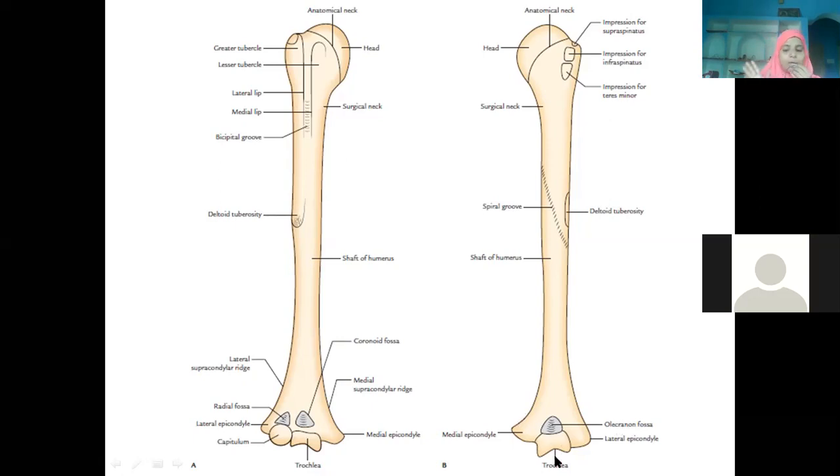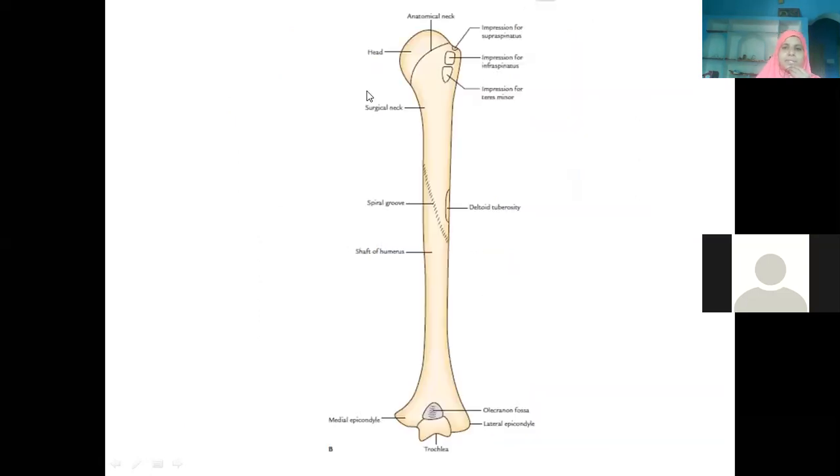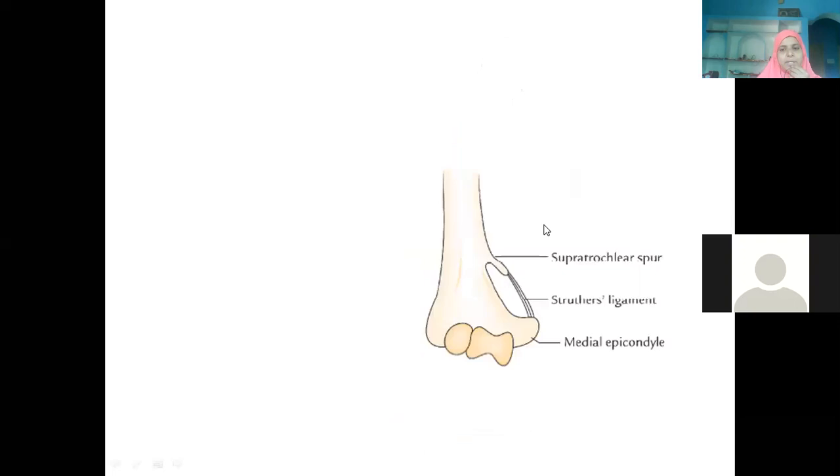For now, try to remember the osteology points thoroughly. Hope this is clear. We have discussed the upper end, the shaft, and the lower end. See, this is the posterior aspect. I will discuss the muscle attachments with the help of pictures only, which will help you understand very easily.